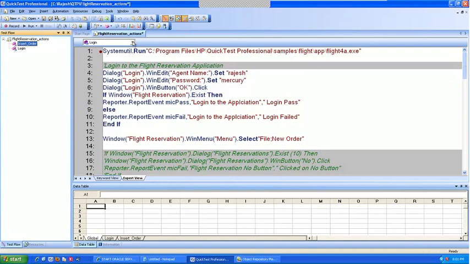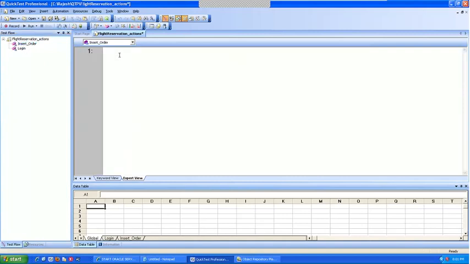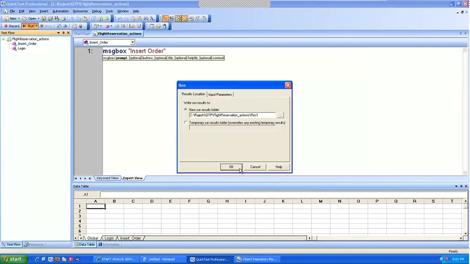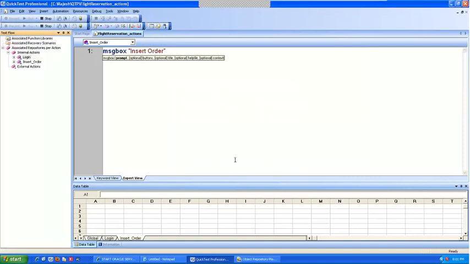Now I'll go to my insert action and say MSGBOX, insert order. Let's run this and see. It will immediately first pop up insert order.